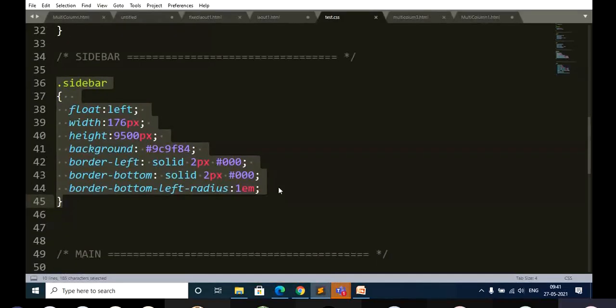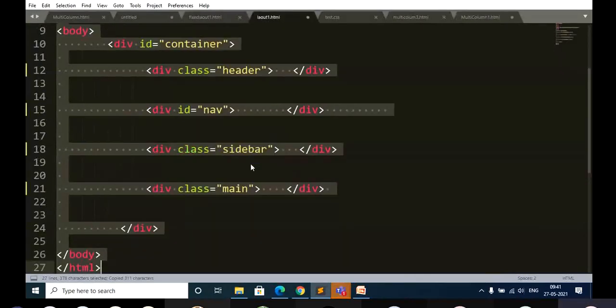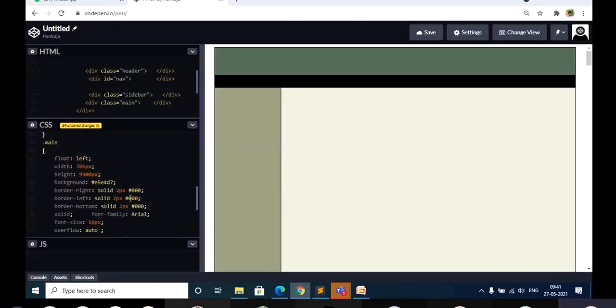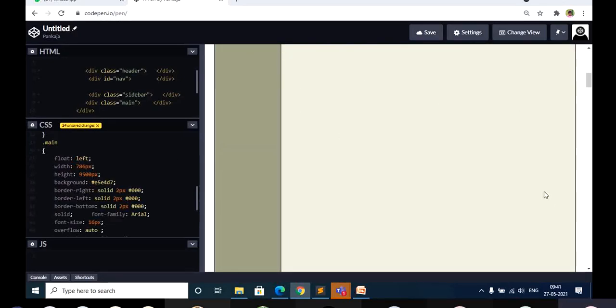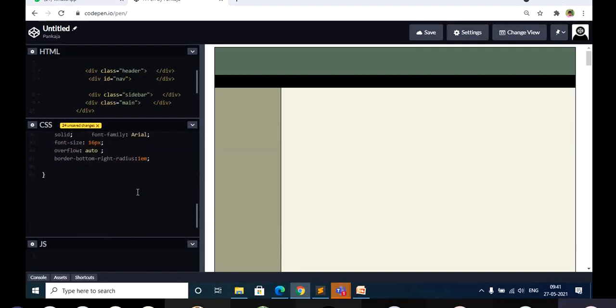Next, this is for the main content. For this tag I am applying the style main content. I'm just giving some name, so you don't worry about why I've given main there. I'm applying this as the main content, and you can observe some of the changes here. Color, height, width, everything is given. These are all the things we have already discussed.